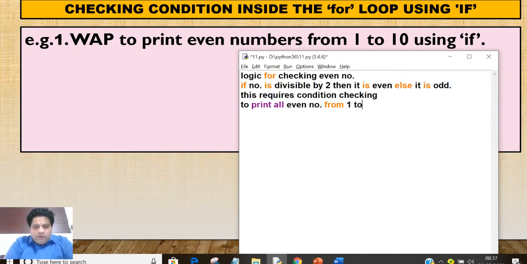From 1 to 10 you need for loop, and to check even number you need to use if. तो कैसे कंबाइन करेंगे?